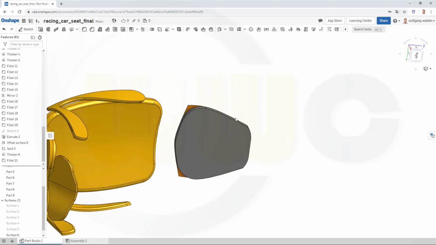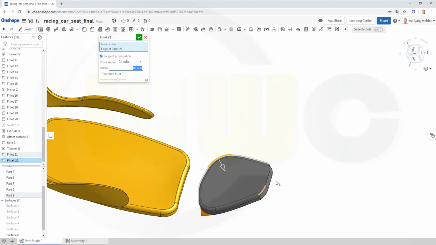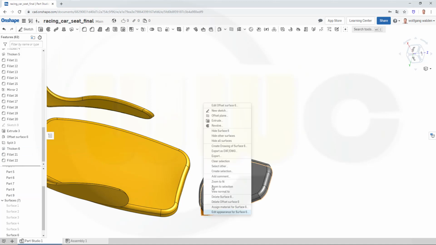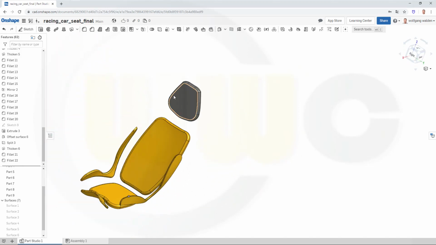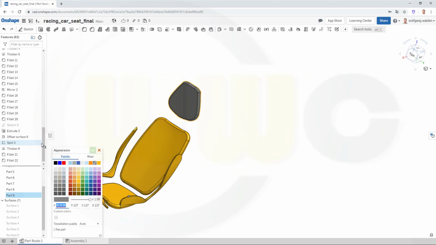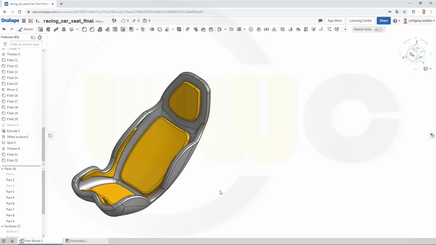Confirm. And another fillet on the top with 10 millimeters. And select those edges as well and confirm. Hide that surface and maybe give that the same color, so that would be part 9. Go for edit appearance, select this one and confirm, and let's bring back our part 2 and make it visible